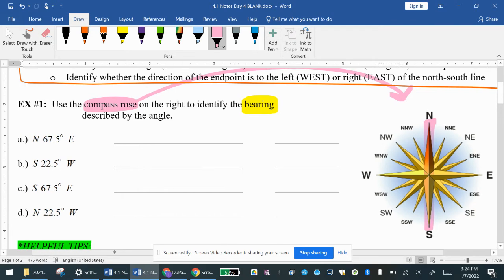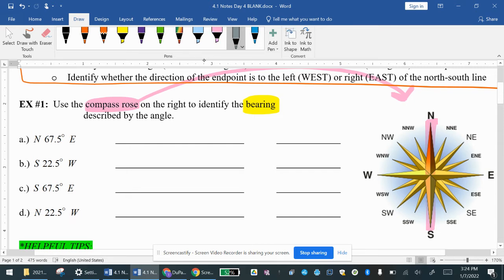So let's take a look at the first one. It says from the north, okay, so this first one, N 67.5 degrees east is from the north. They want you to go 67.5 degrees east, okay? So from the positive y-axis, and just remember, the north-south line is like the y-axis, right? And the east-west line is like the x-axis. So from the top half of the y-axis, or the north part of the compass rose, you're going to go east, which is to the right,